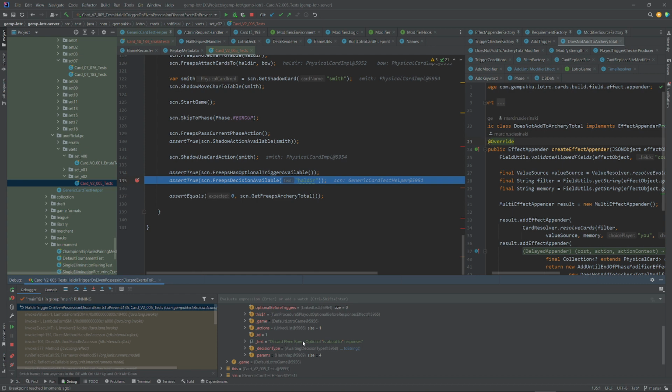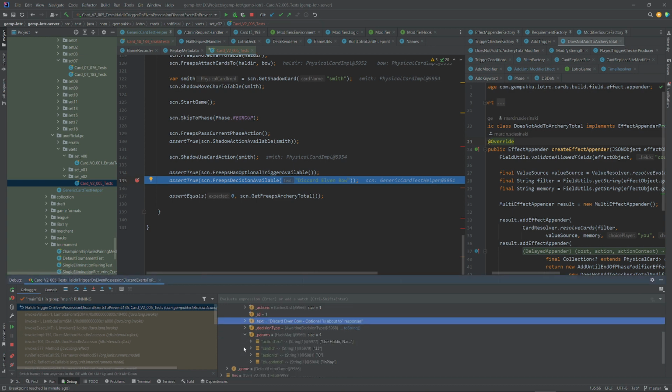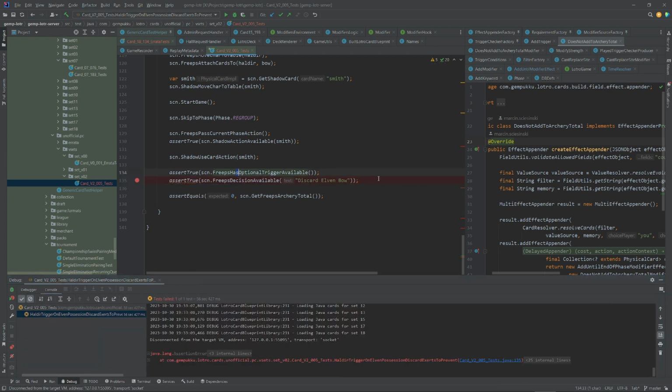It's going to be saying discard Elven Bow, optional is about to responses. So actually, what we want to say here is that the text should be discard Elven Bow, since we are specifically reacting to that specific thing. I don't think any of the rest of this matters, so we're not going to worry about that. Now that we know that we are at this spot and that this is the specific kind of decision we are being given, we are now going to say